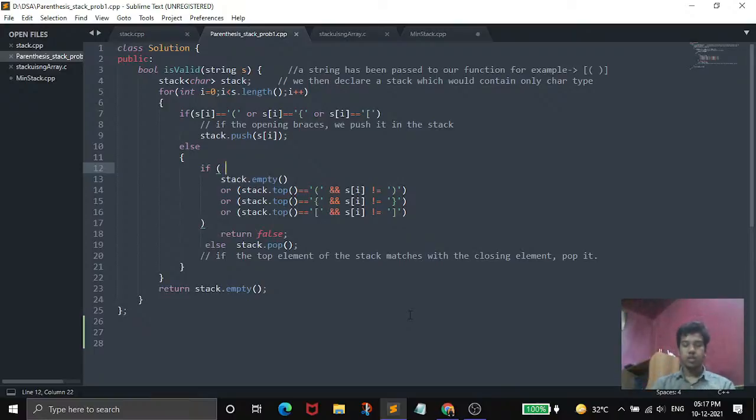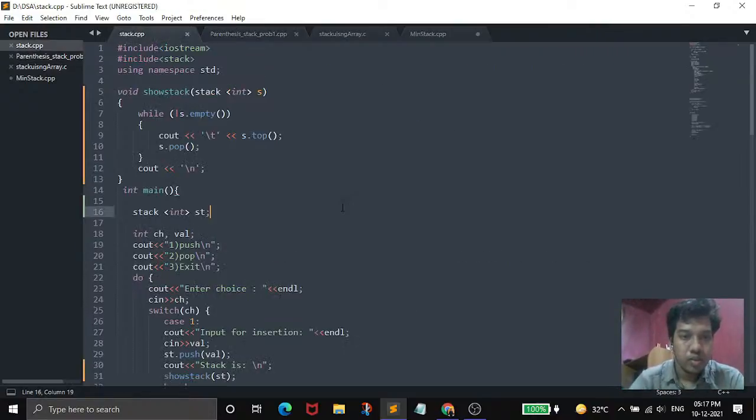Okay, so let's start with the implementation. So here is my stack.cpp. Now I'll just create a new file.